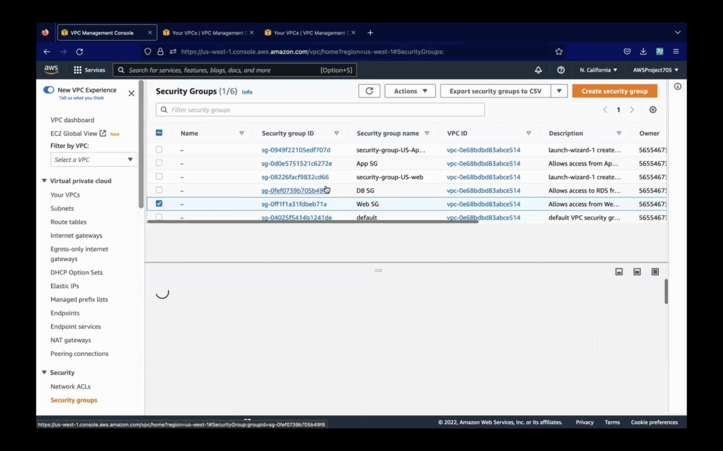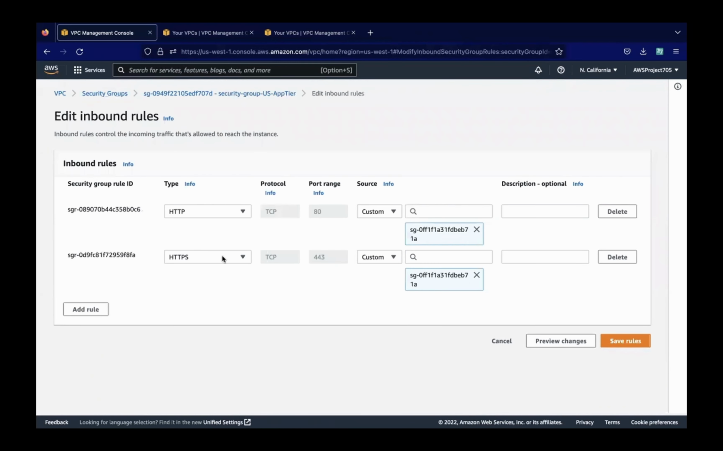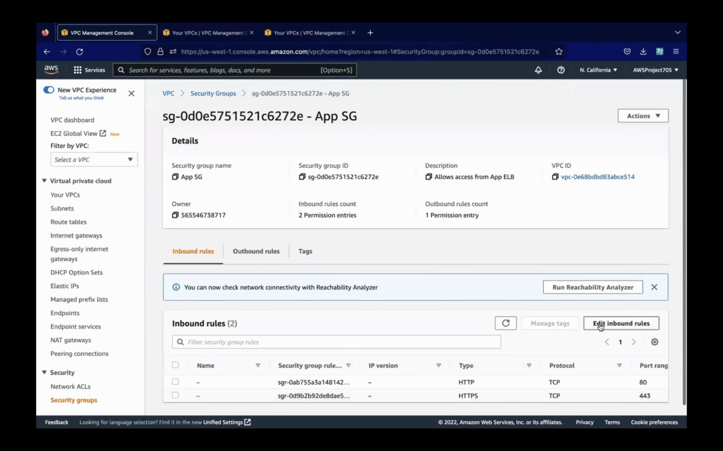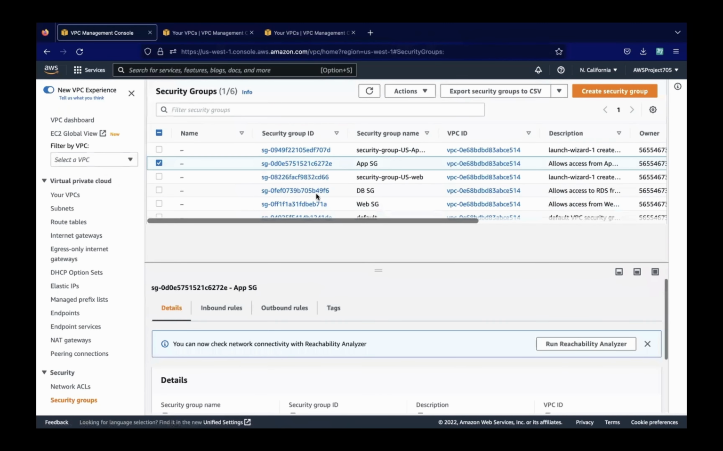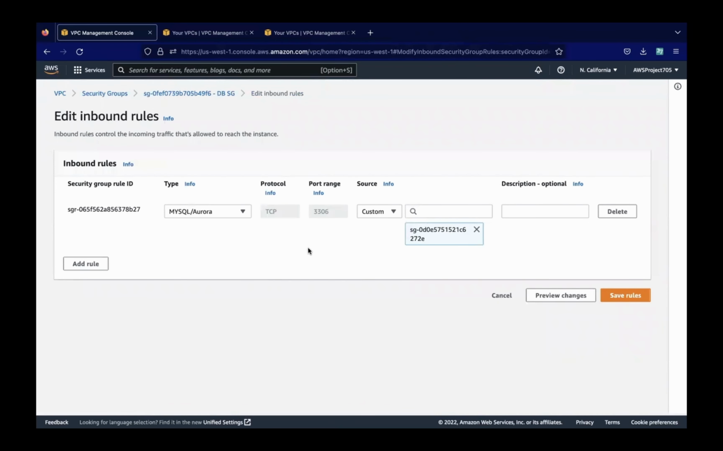Next comes the security group which is associated with the App Elastic Load Balancer, and this security group allows the same traffic, but only from the web security group. Next in line is the app server security group, and this allows the same traffic, but only from the app ELB security group. And finally comes the database security group, which only allows inbound MySQL or Aurora traffic from the